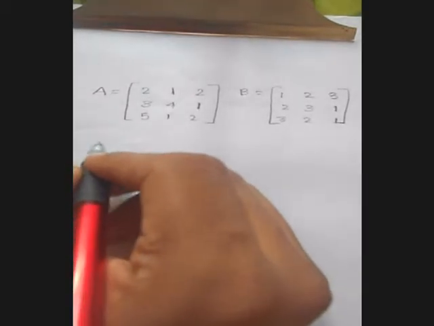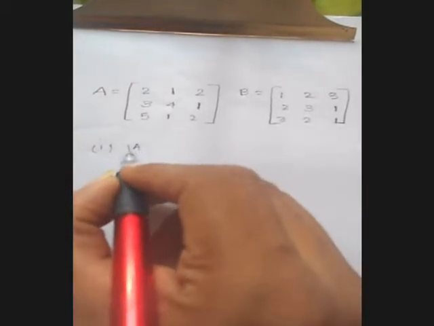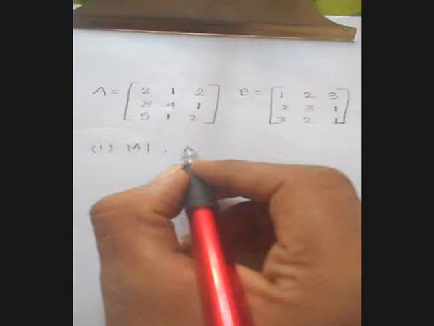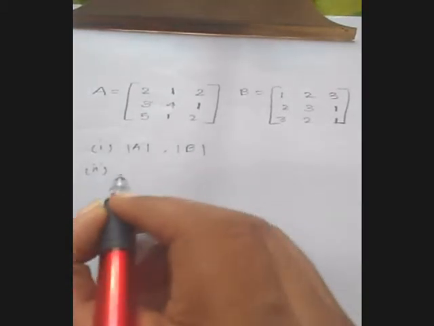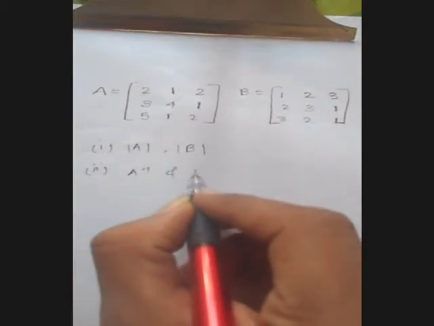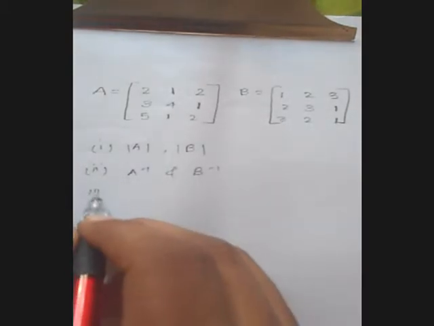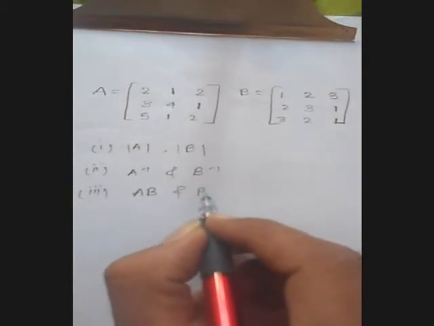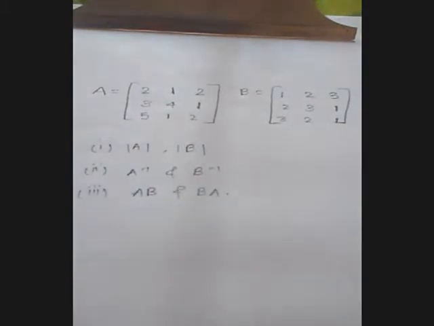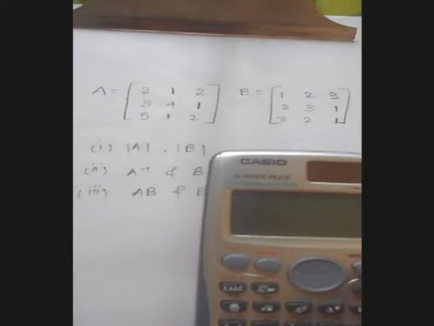Let us find out determinant of A, determinant of B, A inverse, B inverse, AB and BA. Now in your calculator